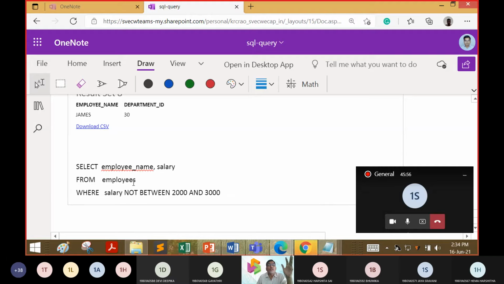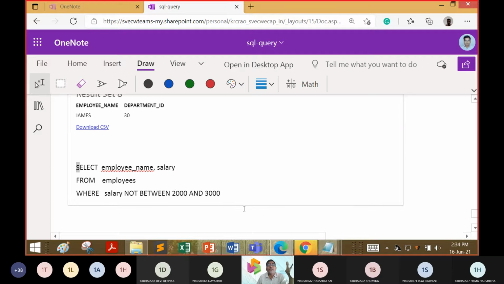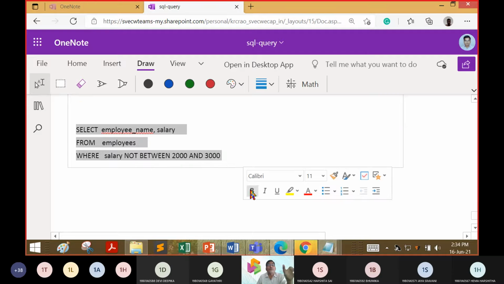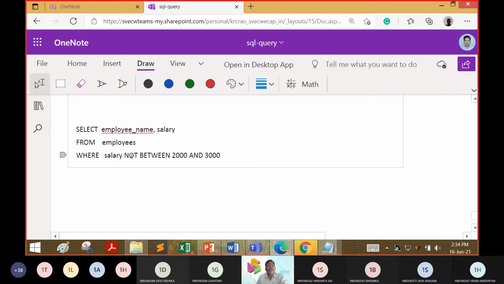You should understand the query and expect what the answer will be. If I hit this in live SQL, definitely I will get some answer, and I can copy paste it into the work area. Everything is good, but you should understand the query, and if it is not between 2000 and 3000, then you have to see the database and interpret what the answer will be. When you execute it, the same answer that was in your mind should come before you. That is how you have to practice the DBMS lab.